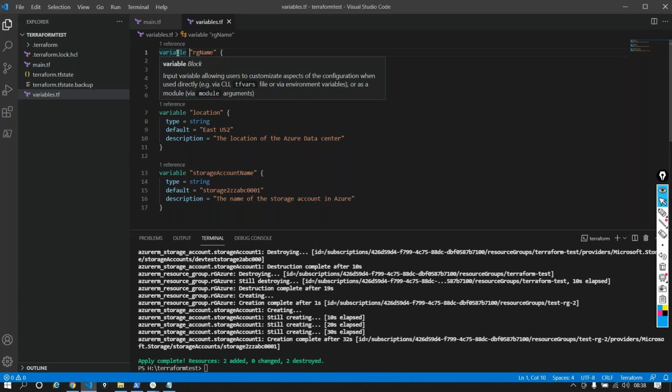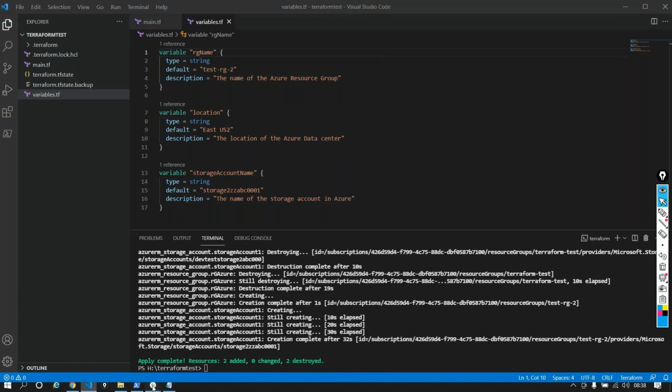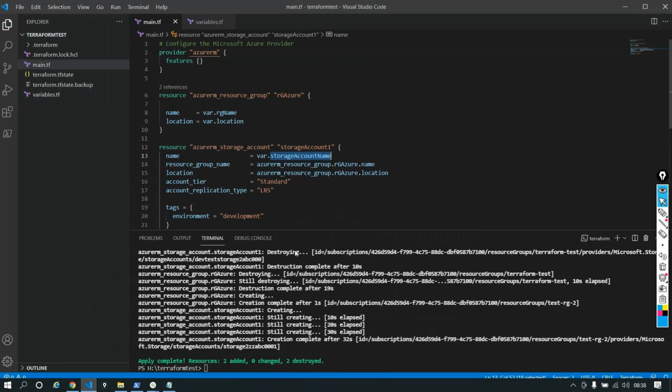Okay. Yeah, Chandra, you had a doubt. Though we are creating the new RG and storage account, why does it repeat the existing resources? No, this is the case. So the thing here is that